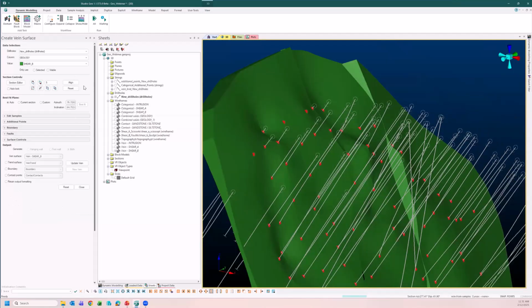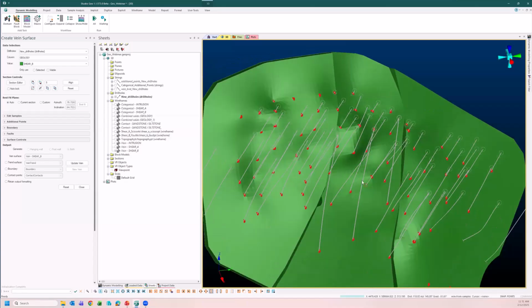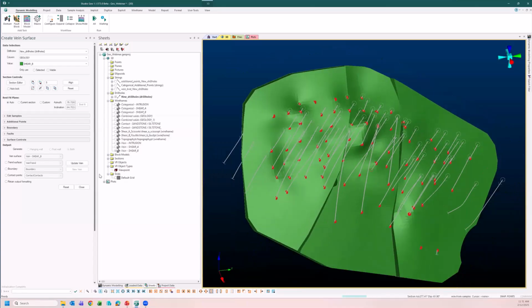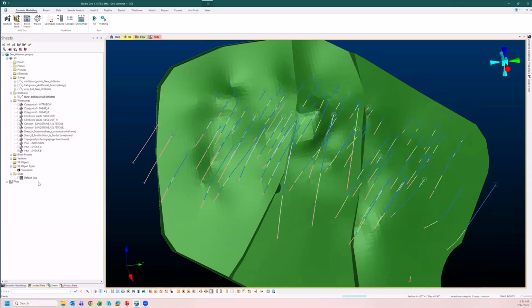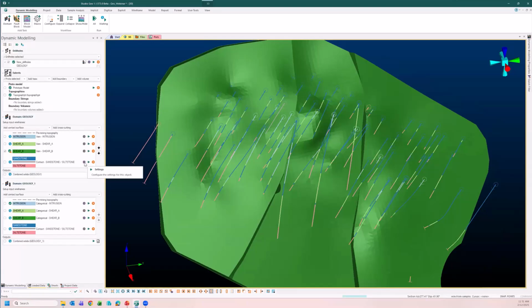I might do another webinar on how to create our faults as well. That'll probably be sometime next year. So we've gone through all the options here in our vein surface. Now, as I was saying earlier, we do have options as well for our contact surfaces,